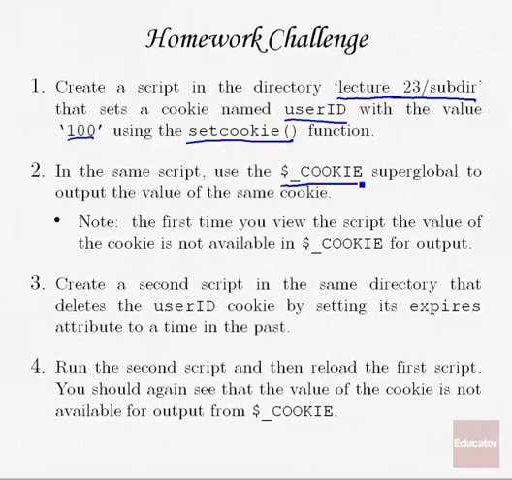cookie. And remember that the first time that you browse to that page, even though you've set the cookie, you're not going to be able to see it, because when you request the page for the first time, you're receiving the cookie for the first time, so you don't have that cookie to be able to send back. When you refresh the page, you'll be able to see the output of that cookie. One thing to note is that you should make sure you call your setCookie function before you try to output the